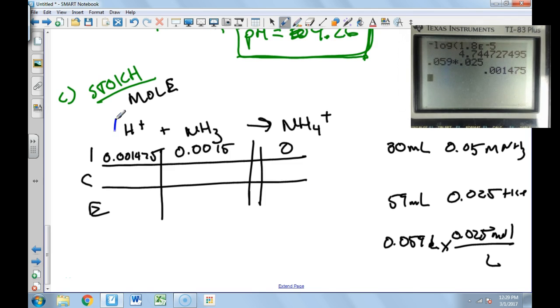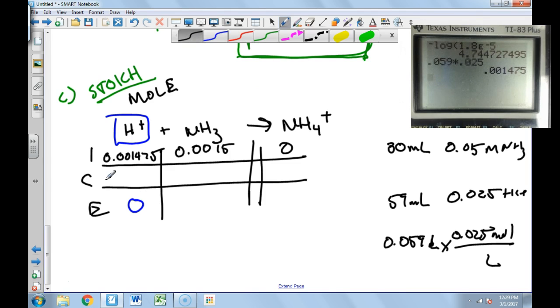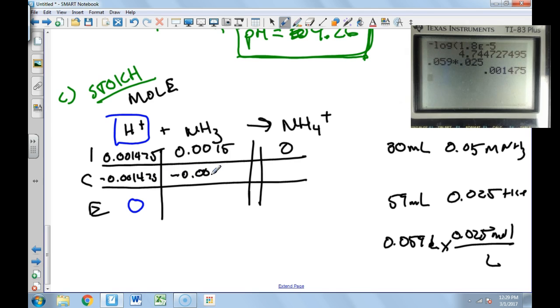Well, the limiting reactant is this guy. That's the whole point: it is the amount that we use up all the strong thing, and all that's left is the weak. So we're going to use up all of this. This is going to go to 0. So now here we do minus 0.001475. And then this is going to be the same thing, minus 0.001475. And this is plus, because we're making it